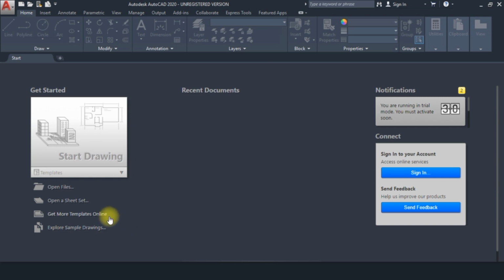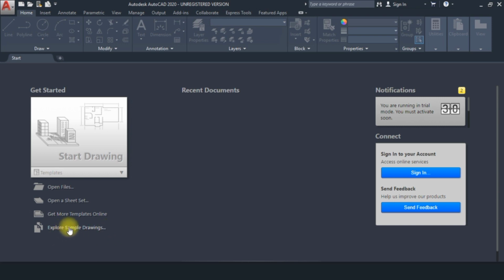Open file means if you have any AutoCAD file on your system, then you can go with this option. Or if you have a sheet set or you have created any sheet in AutoCAD, you can go with the second option. If you want templates online, you can go with the third option, or if you want to explore some sample drawings, you can go with the fourth option.